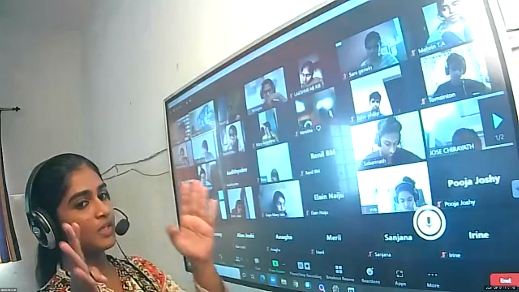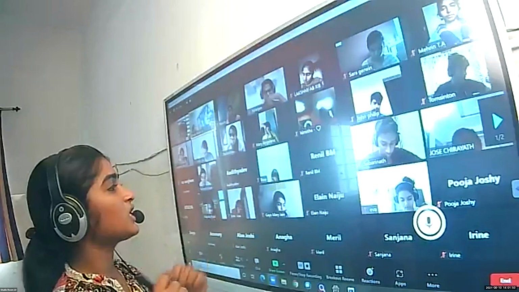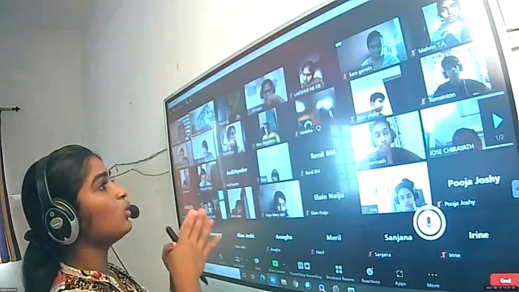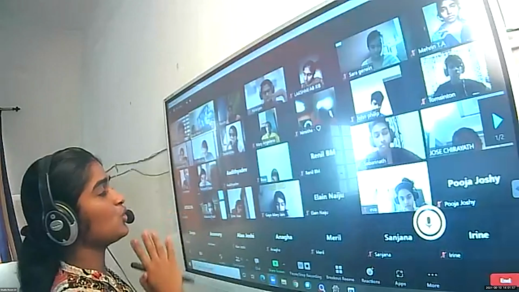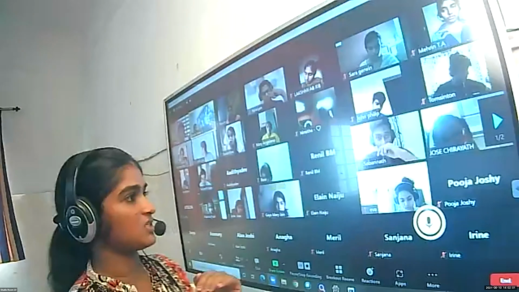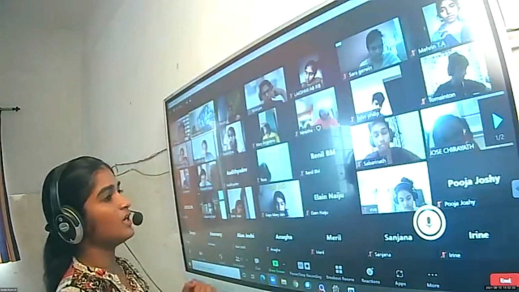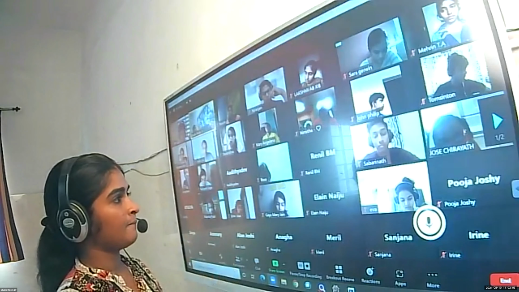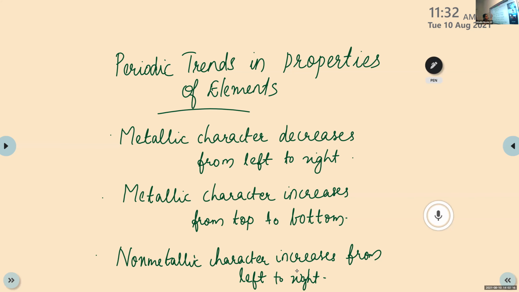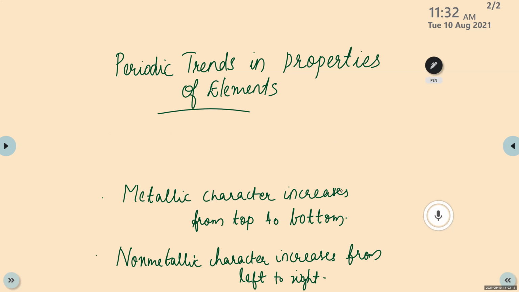Then in the periodic table, the middle portion consists of transition elements, or transition metals. They have lower reactivity compared to group 1 and 2. That means the reactivity decreases. Okay. Then again, ma'am, will you repeat it again? Sure, I will write it on the board. Just wait. Have you completed this one? All of you? Yes, ma'am. Okay.